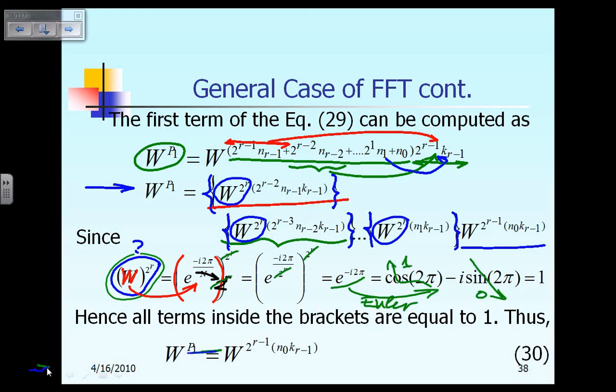So that becomes very, very useful for us. Which means every term that you see inside a bracket is equal to 1, this bracket is also equal to 1, this bracket is also equal to 1. And therefore, the formula that you have for w p1 will be simplified to be equal only to this much. And then, after you figure out